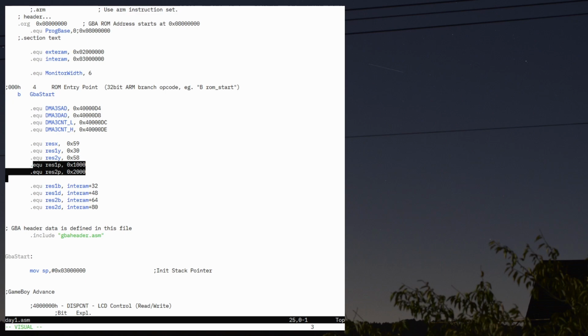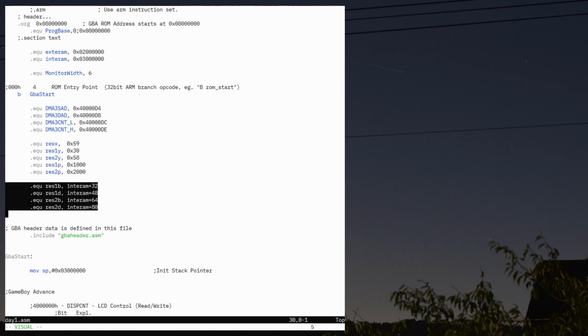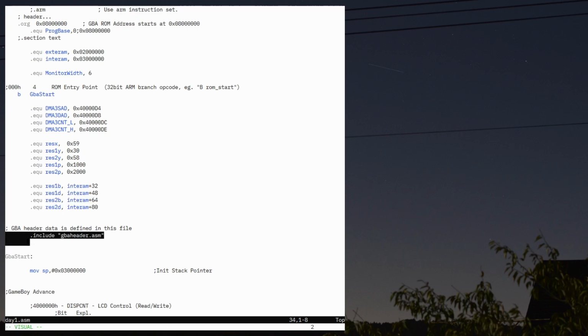So remember, I use white for result 1 and red for result 2. These ones here set the memory addresses where result 1 in binary, result 1 in decimal, result 2 binary, and result 2 decimal appear in memory. They will stay in the internal RAM. We load in the GBA header. Now,